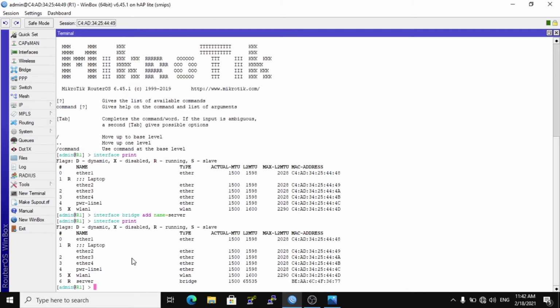And next, add interface Ether 2 and interface VLAN to the interface server.